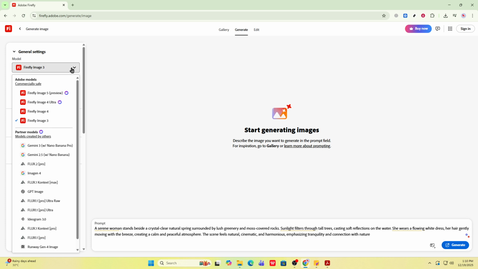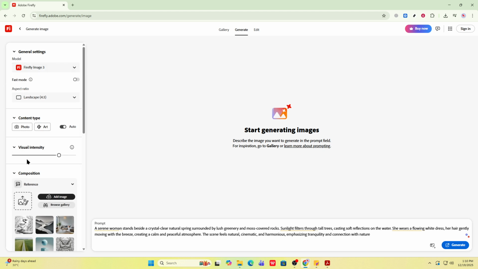For edits, choose Generative Fill. You can remove distractions, replace skies, or add new objects by selecting an area and describing what you want there. When you're happy, export as PNG or JPG or send your result directly to Photoshop or Illustrator to keep refining